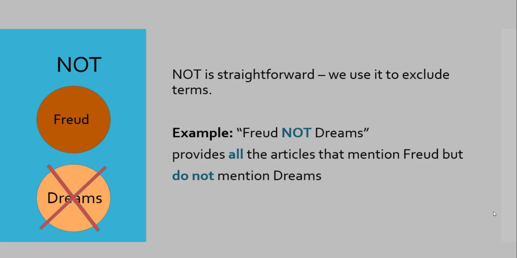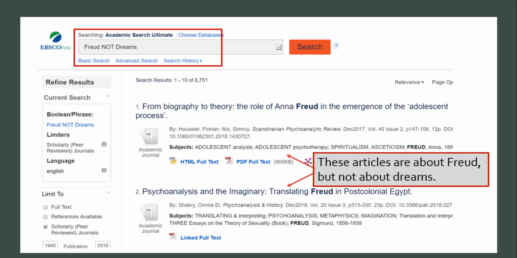The third Boolean operator is much easier. Not is used to exclude terms. So if you were writing a paper about Freud, but you didn't want to talk about dream interpretation, you could search for Freud, not dreams. And this would provide the articles that mention Freud, but do not mention dreams. So let's take a look at that search. When we search for Freud, not dreams, we get articles that have Freud in the title or subject, but aren't